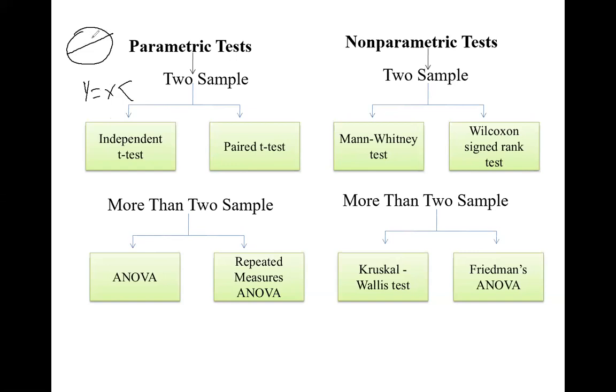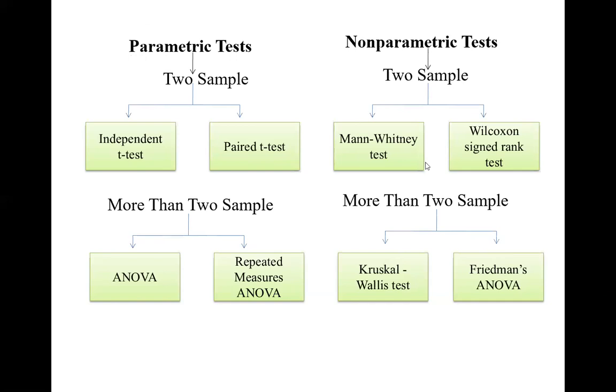So we divide our sample into two mutually exclusive categories on the basis of several characteristics. We can divide our sample on the basis of gender, male and female, or public sector and private sector, or control group and experimental group, or Varanasi and Lucknow. Both categories are mutually exclusive, or we can divide into rural and urban. Okay. So this is the criteria for creating two mutually exclusive categories.